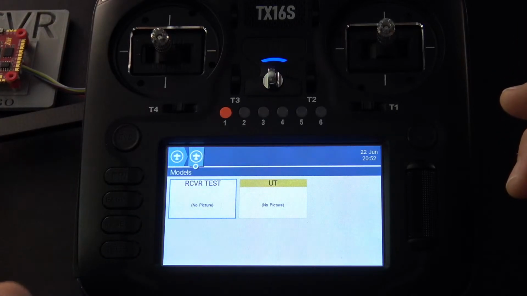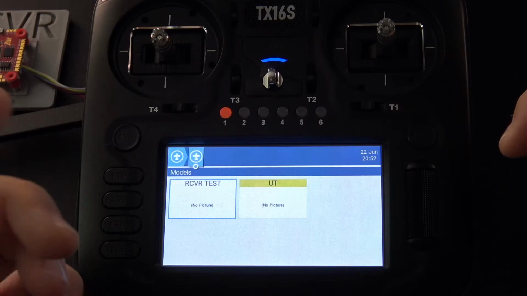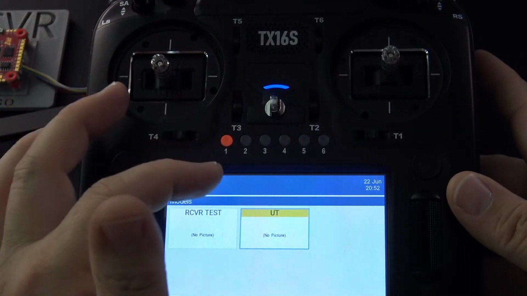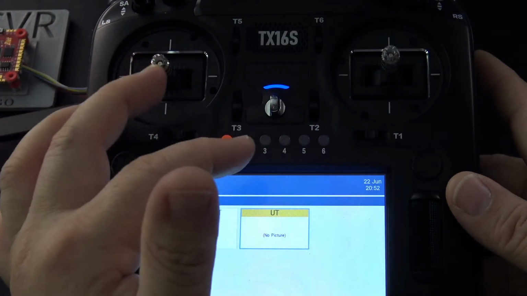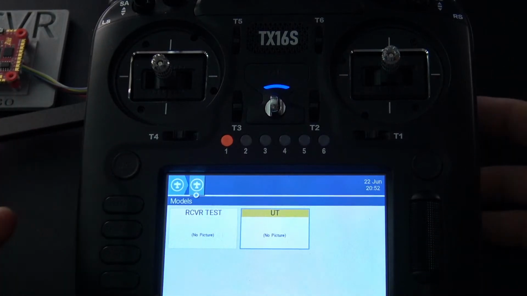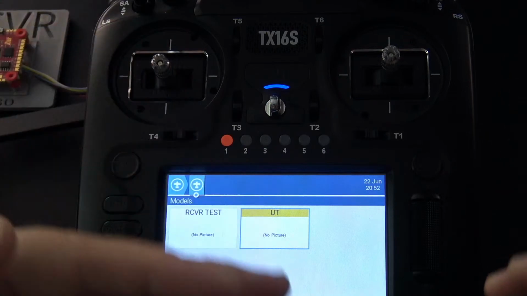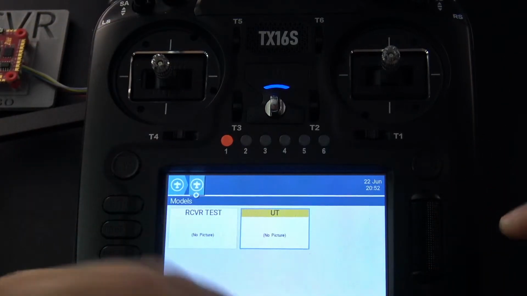What if you said, I want to see my models arranged based on protocol, like Crossfire. So for example, if you have a Crossfire module, I have Express LRS in this one, but if I had a Crossfire module in there, maybe I'd want to see Crossfire and D16 and D8 and DSM, right? Maybe that's the way you want to see things. The point is that that's that user focus, right? The whole point is to focus on the user versus the hardware.